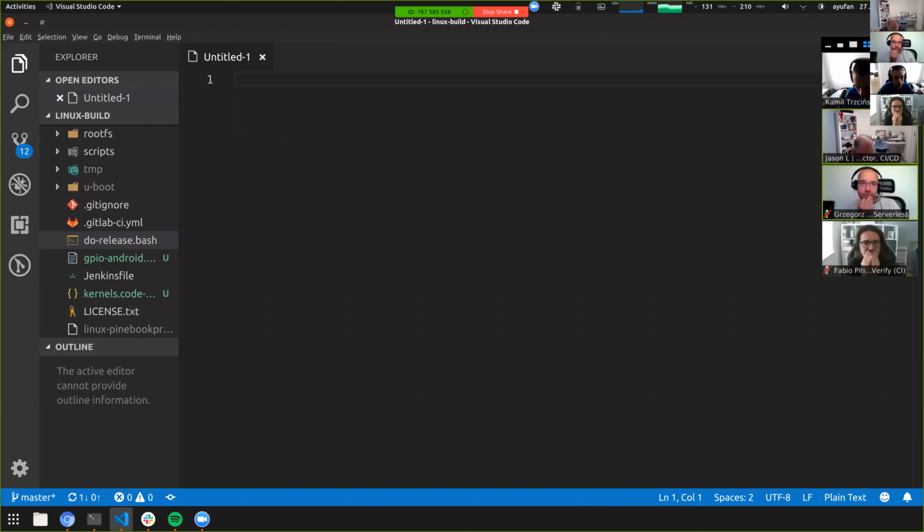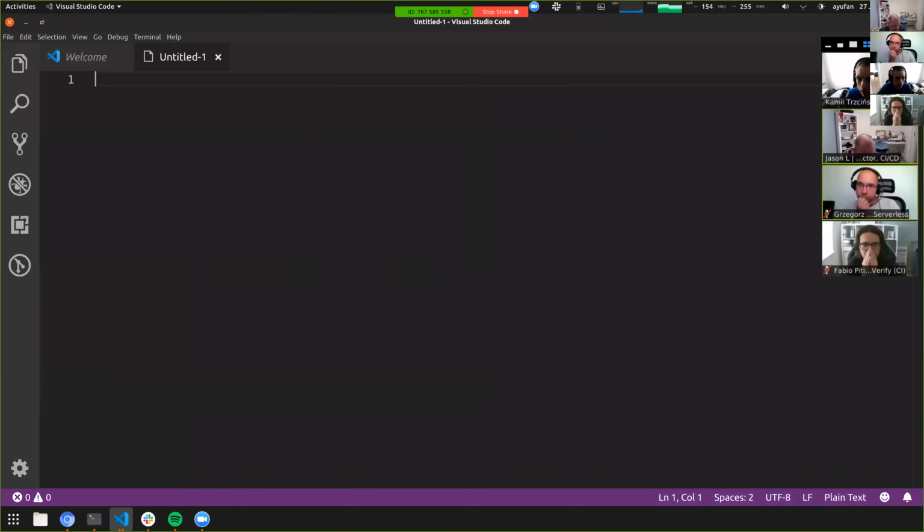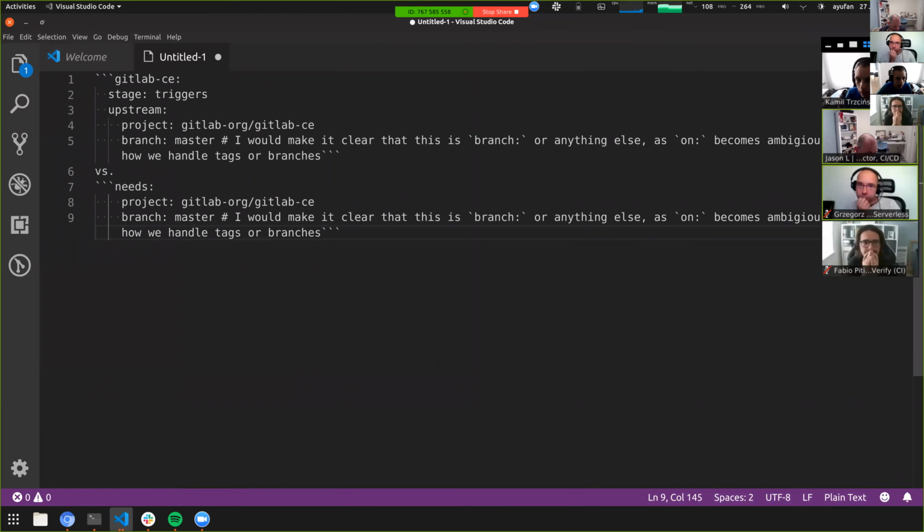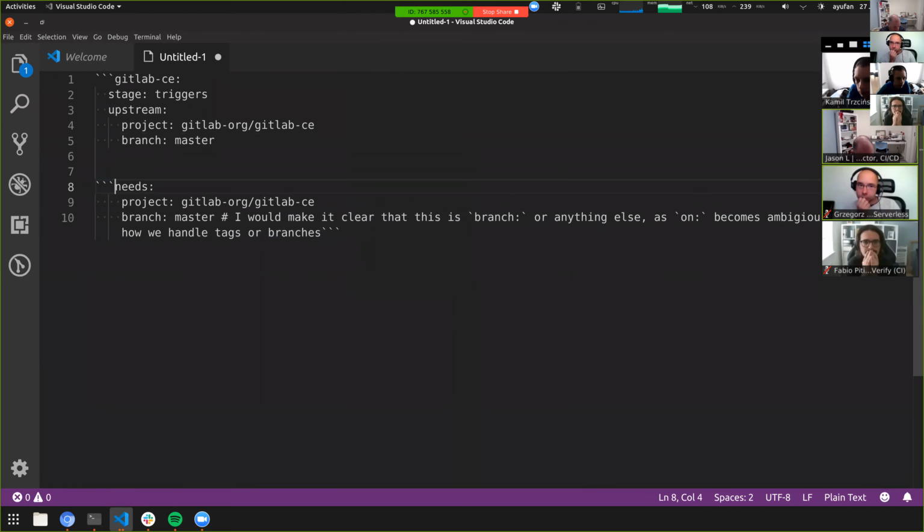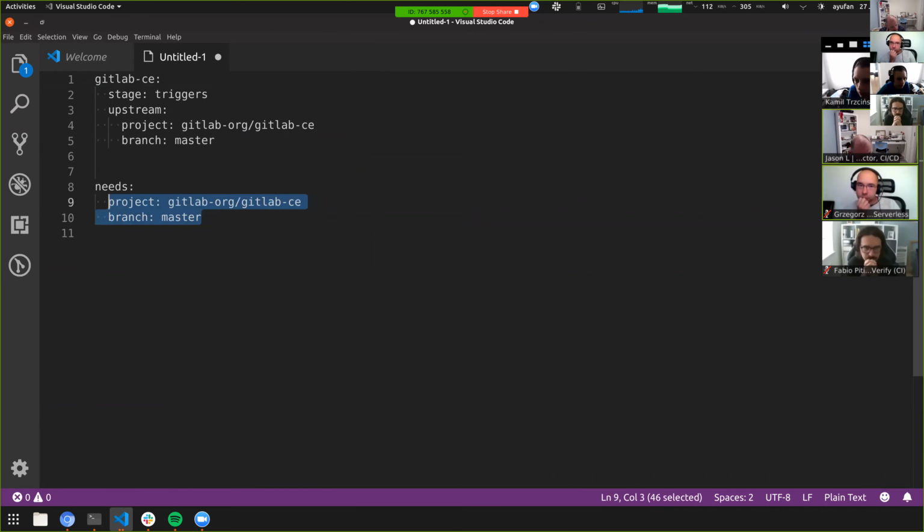Let me open a new terminal. So basically we have these two different syntaxes, which are top level needs versus job level needs. I think the best way to start looking at these approaches is by thinking.